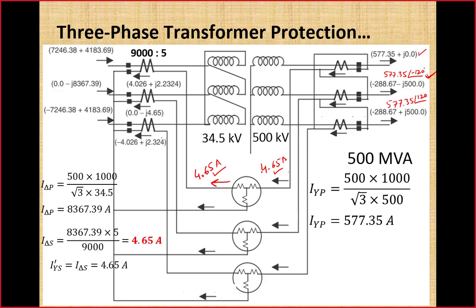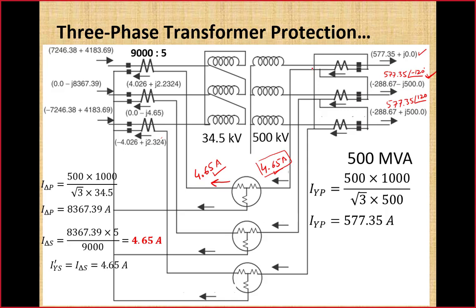So current which is coming out of the delta has an additional superscript of prime, and current that is available on the secondary side of CT will be without prime. To just make these two currents different, I have put an extra superscript. So now we are going to satisfy this condition. Look at this current 4.65 ampere. This is coming out of the delta.